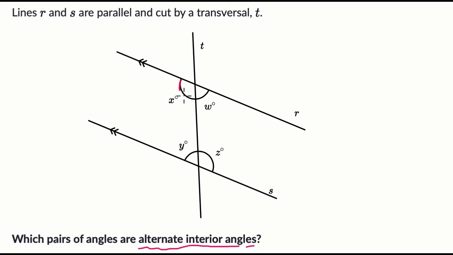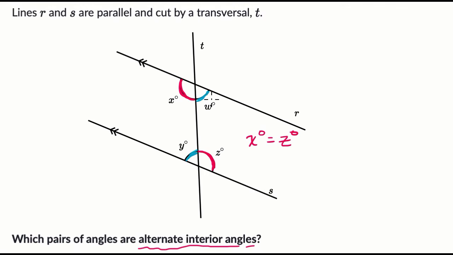So if we look at this angle right over here that has a measure of x degrees, and this angle right over here, these are alternate interior angles. And what we also know is that alternate interior angles are going to have the same measure. So not only are they alternate interior, but we also know that x degrees is going to be equal to z degrees. Similarly, this angle and this angle, they're both interior, but they're on opposite sides,